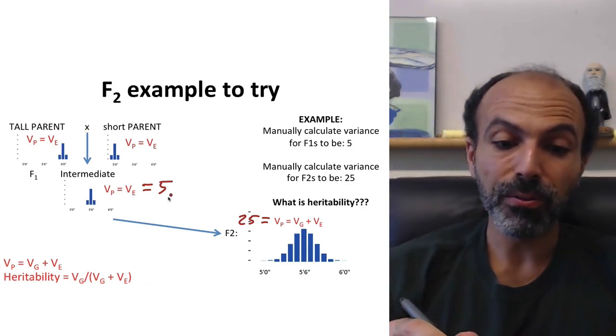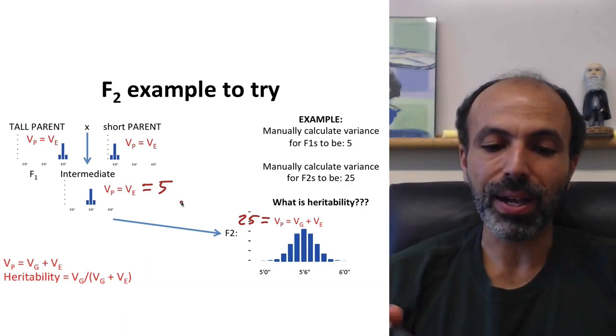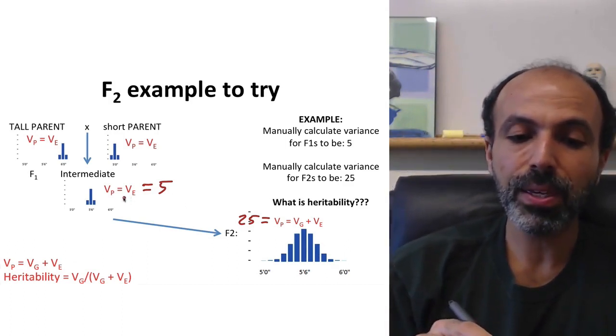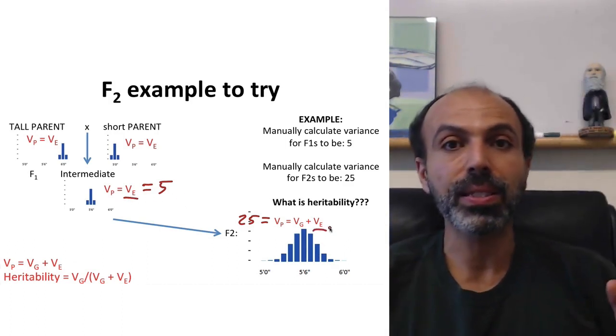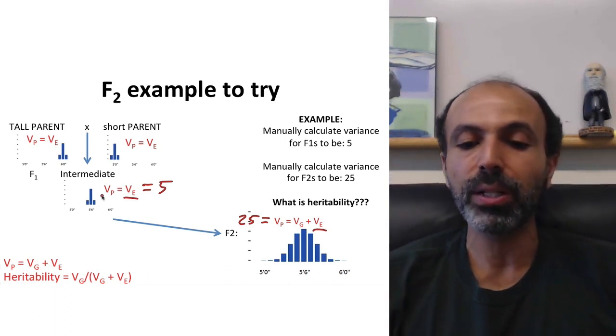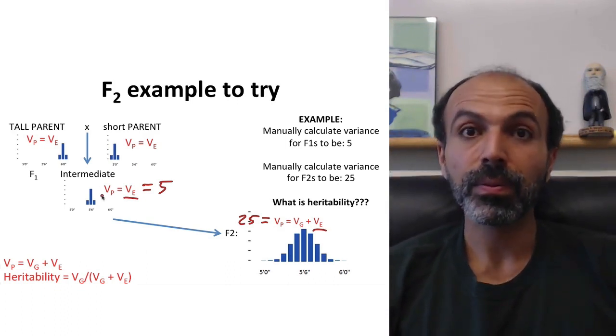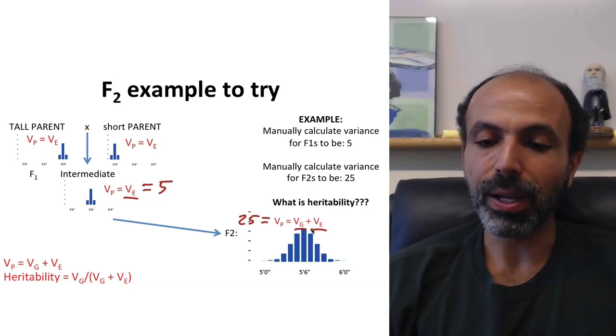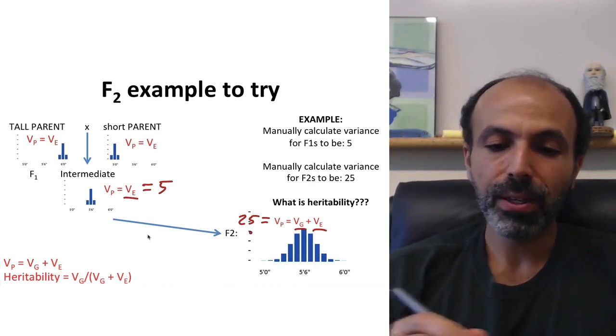Well, we know VE, right? VE is 5. And we're assuming the same VE here as over here. We're assuming it's the same. So we're assuming the environment is basically the same in the F1 as it was in the F2, right? So the genetic variance must be what? Well, VE was 5. VG must be